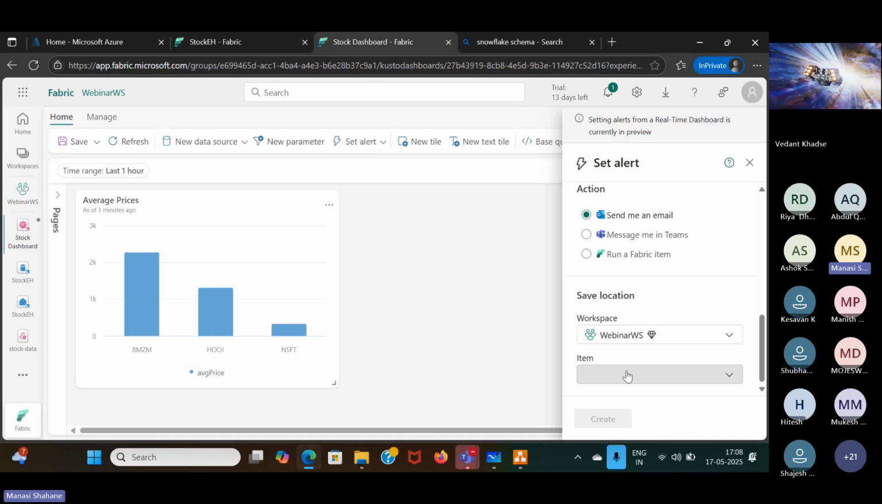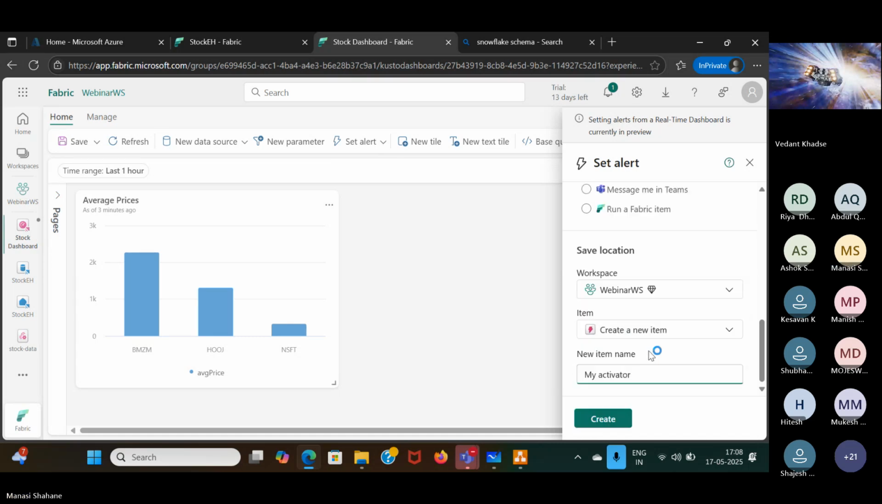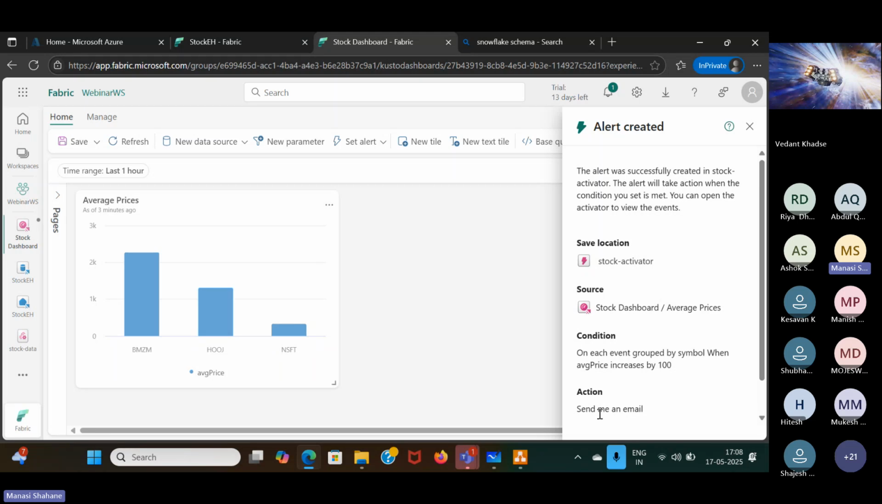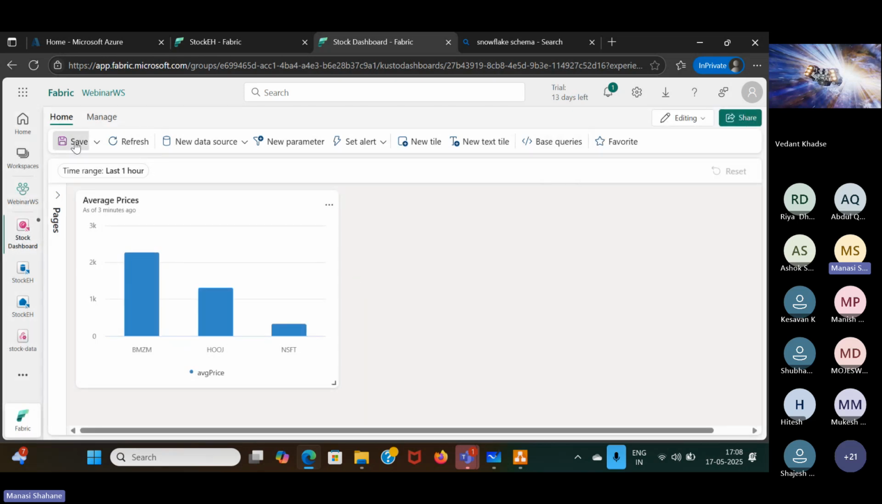Okay, create an item. So here it will create an item and I'll call this stock activator. It will create an item and it will give you an alert on your email. So just create that. And whenever the average stock prices go above 100, you will get a notification in your email. It will keep running that query every 5 minutes. And you can also go to the activator tab and analyze whether it's working or doing its action or not. So you can see it has been created, the alert has been created, and you can just save the dashboard